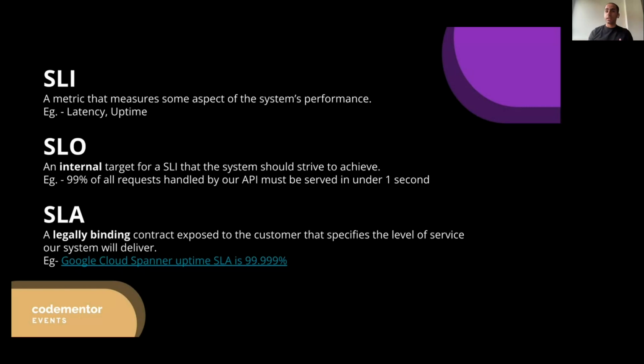I should have a goal in mind that, okay, let's say my uptime is 99% and I want to keep it at 99% for the full month, which means if I'm running a service, this service should remain up and available to our end customers for 99% of my month. That's simply what it means. The important aspect here is an SLO is an internal target. What that means is you don't expose this SLO to your end customers, right? Rather, it's an ambitious target that you and your team want to always achieve.